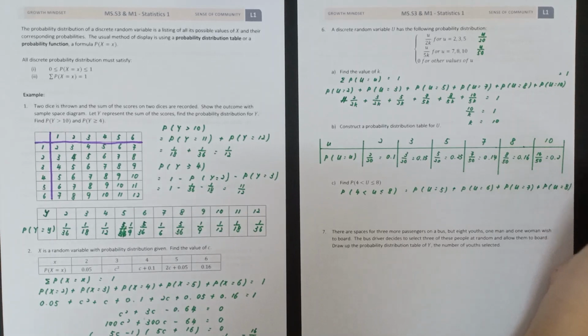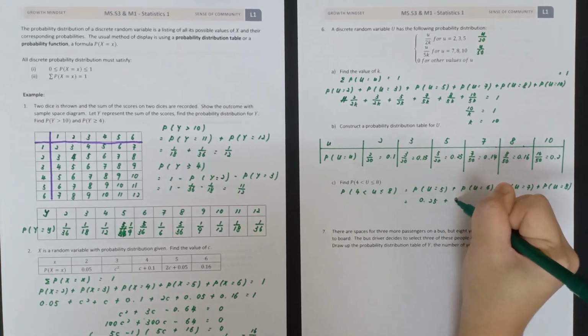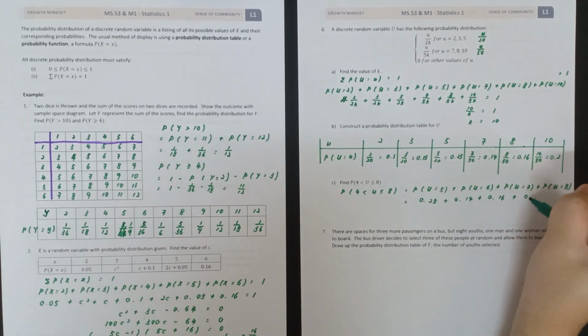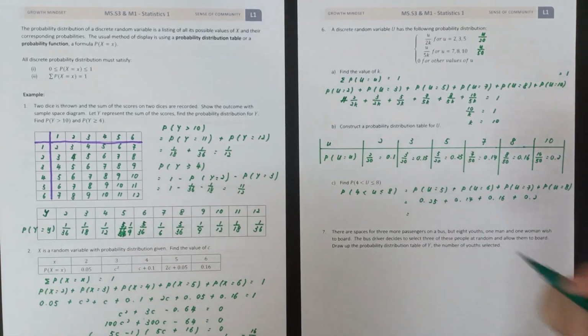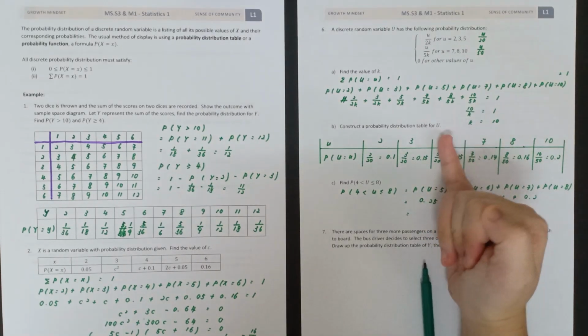Okay, so you just plus them all together, which is 0.25 plus 0.14 plus 0.16 plus 0.2, which, yeah, of course you can use the other way also. So like you want from here to here,